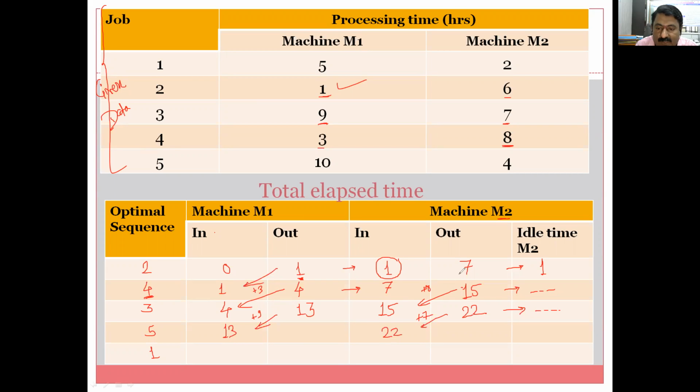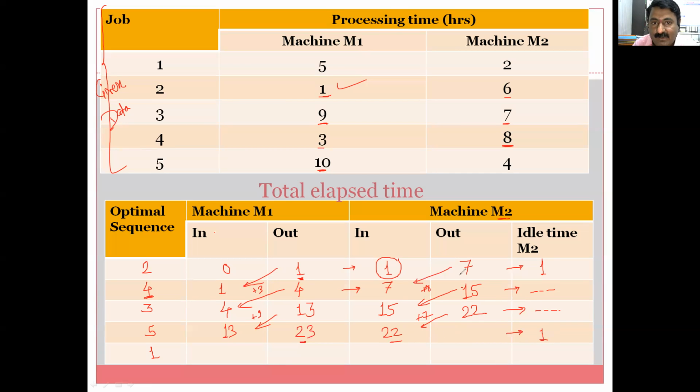This is the first problem. I am doing this all for your reference. 13 hours. So 13, job number 5. 10 hours. 13 plus 10, 23. The job will come after 23 hours, but the machine is free after 22 hours. 1 hour the machine has to wait. The job will come to this machine after 23 hours, M2, but the machine is ready after 22 hours. So here you can say 1 hour lag is there, 1 hour idle time is there.